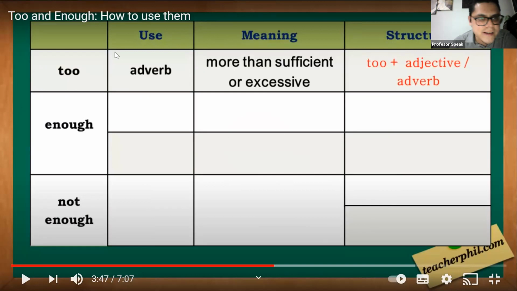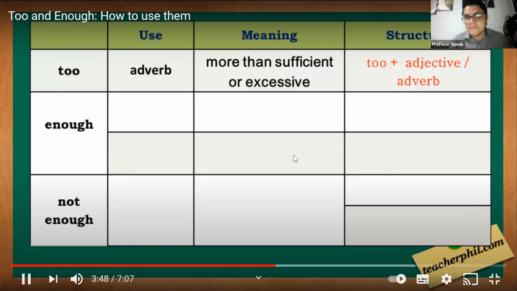Carlos Garcia, can you please read the first information you have right there? Okay. Too. How do you use too? It's an adverb, the meaning is more than sufficient or excessive, and the structure is too plus the adjective or adverb. Okay, there you go. Maybe guys, when the table is done, you can take a picture because it helps you a lot to understand this